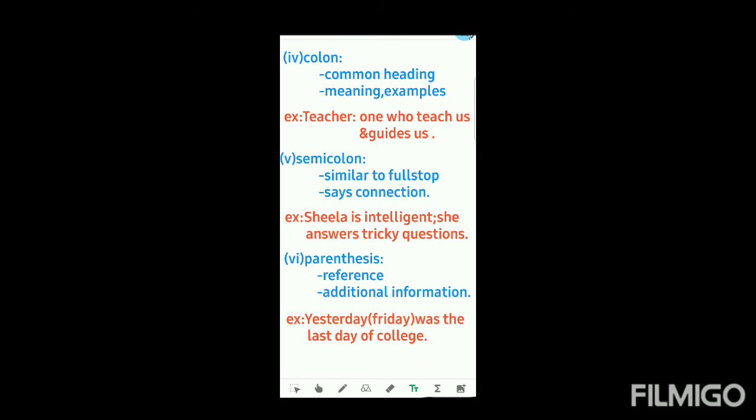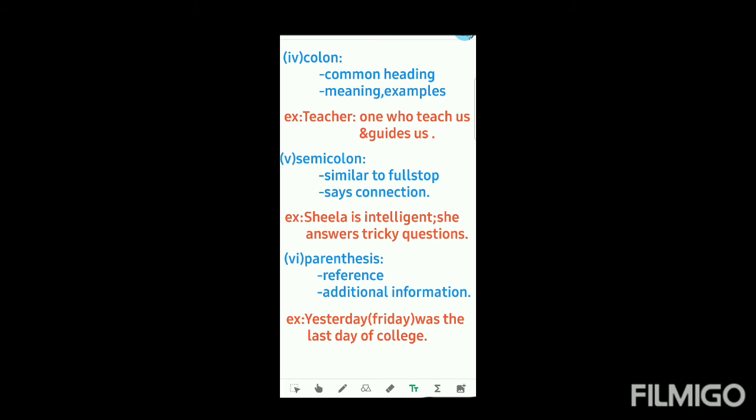So your fifth one is semicolon. Semicolon is similar to full stop, guys, but it's not mentioning the end of a sentence. It says that the next coming sentences are connected with the first one. So, for instance, Sheila is intelligent; she answers tricky questions. So here the whole scene is about Sheila, because Sheila is portrayed as intelligent and she